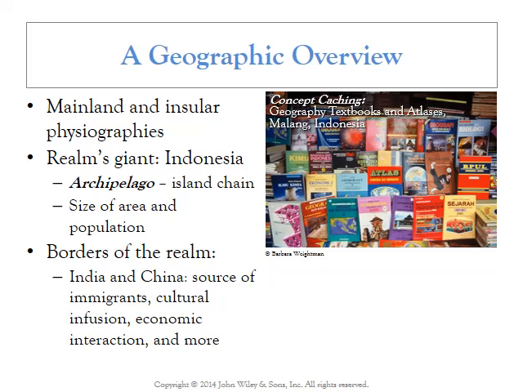A couple of other geography terms that you may want to be familiar with is peninsula, because they're going to talk about the Malay Peninsula. A peninsula is a body of land that's surrounded on three sides by water. And also, you may want to be familiar with isthmus, which is a narrow strip of land that is essentially surrounded on two sides by water. So there's an isthmus in Thailand, and very similar to what essentially Central America is. Central America is an isthmus that connects North America to South America.